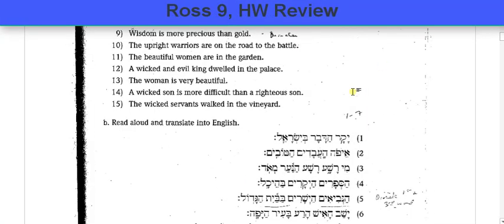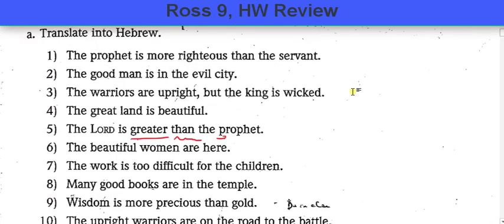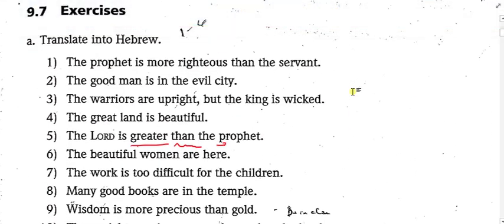Okay, so Ross chapter 9, you're asked to translate into Hebrew these 6 English expressions or sentences. So any questions about these? Let's take a look at number 3. So we have the warriors are upright. The warriors are upright. Let's pause before we actually do the Hebrew and ask ourselves